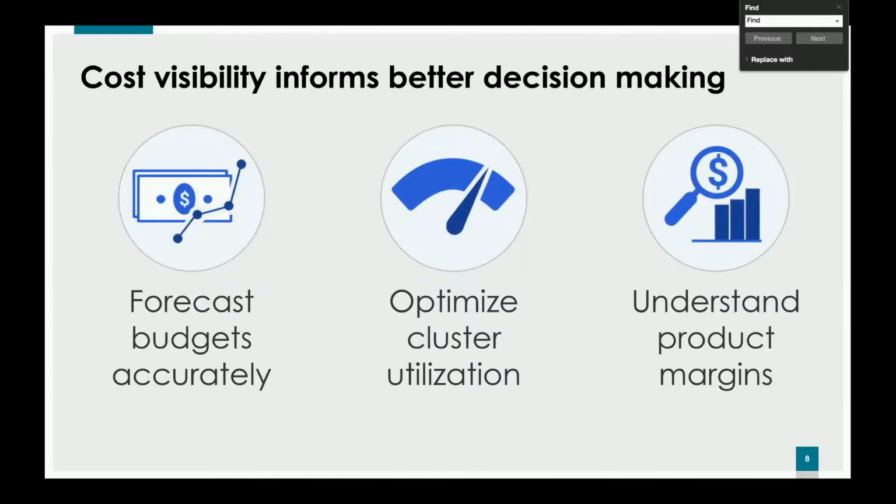So with this information, you get to do things like forecasts and budgeting for the teams, applications, and different groups. You can better utilize your cluster by knowing this information to reduce costs in certain areas, or if there are outsized costs in a certain area, you can start looking at that and try to optimize and reduce it. And then also understanding product margins, right? You can't know your product margins unless you know what goes into the cost